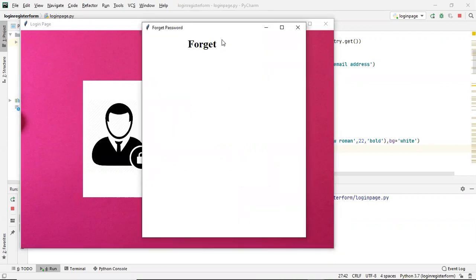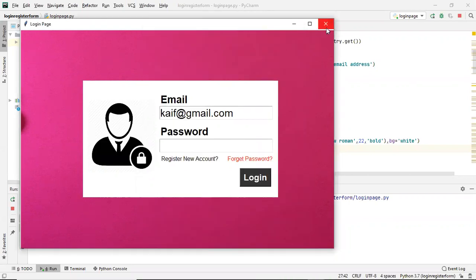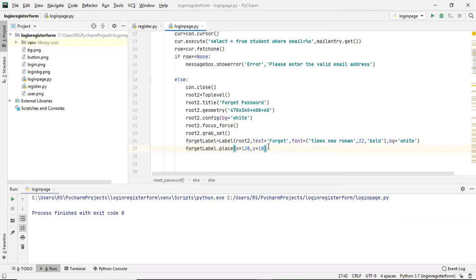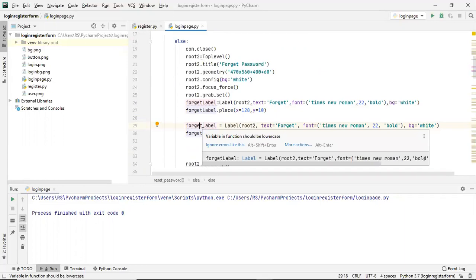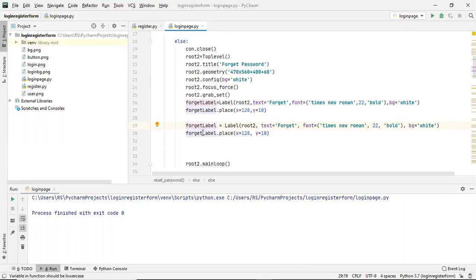Just after this, we have to create the word password, which is in green color. The color of the text is green. So I'm simply going to copy this line because we have to create the same label. I'll paste it here. So instead of forget_label, now I'll name this forget_pass_label, and instead of the forget text, it will be password.